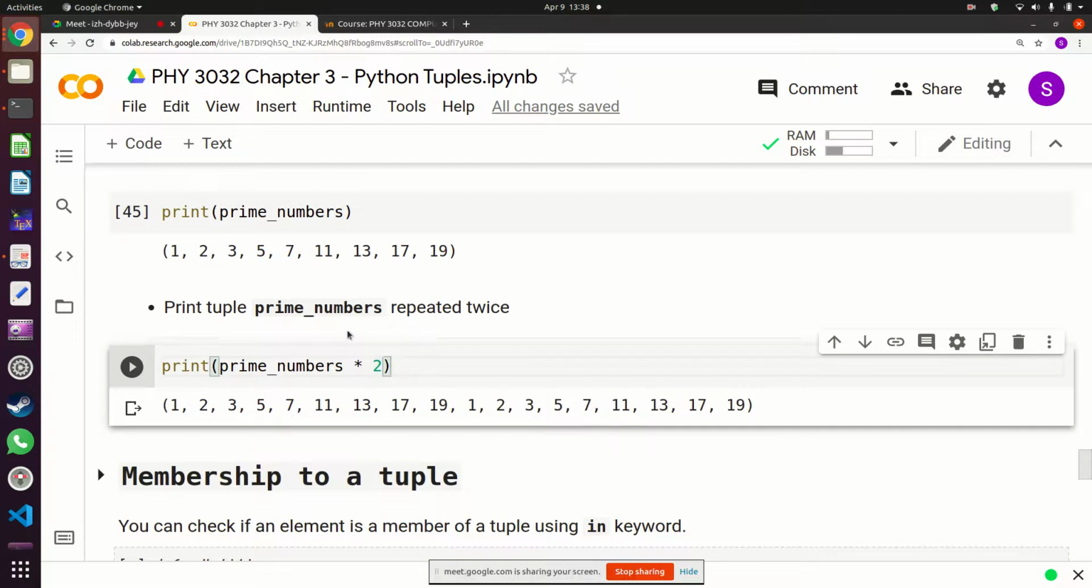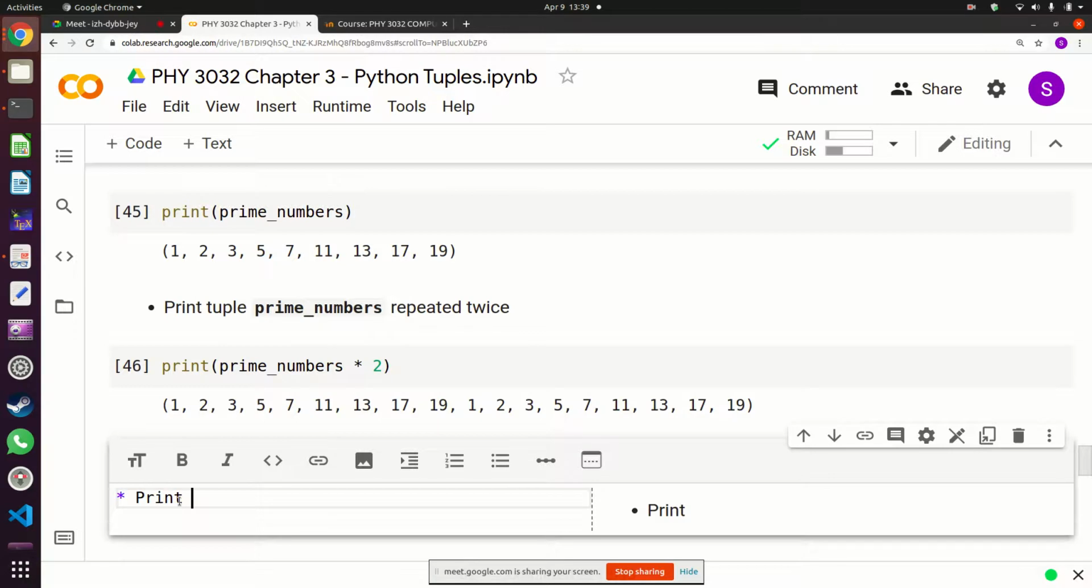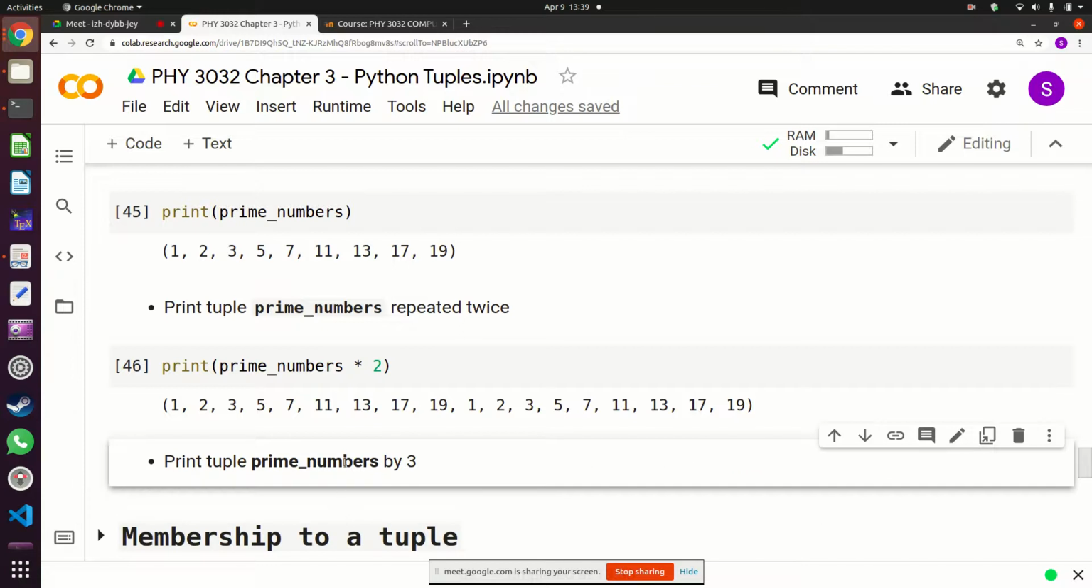Okay? You can also do the same thing. You can try to multiply by 3 or whatever it is. So I can say print tuple prime numbers, prime numbers by 3. If I print prime numbers by 3,